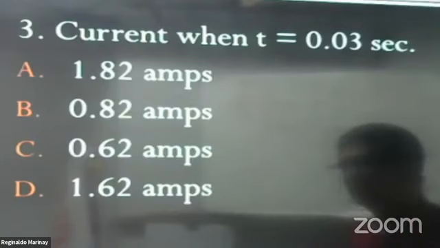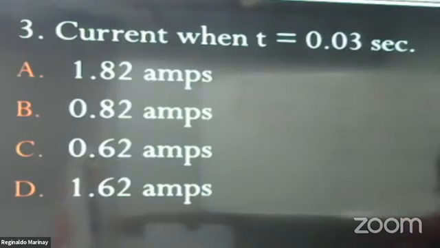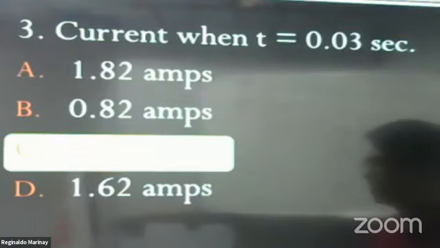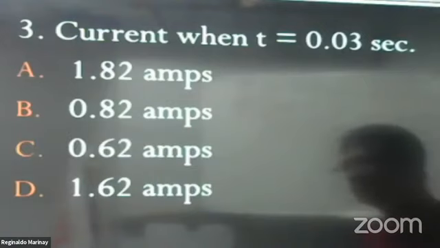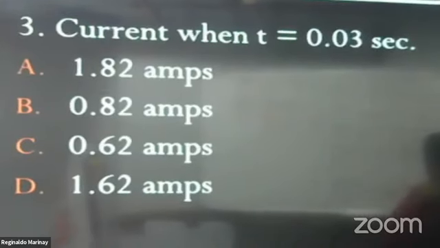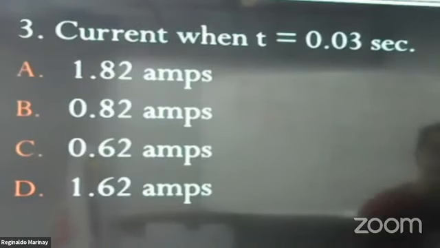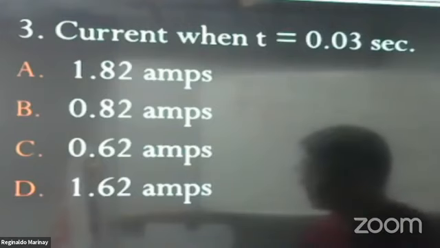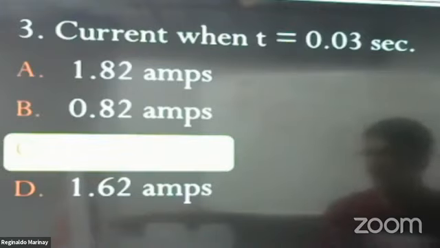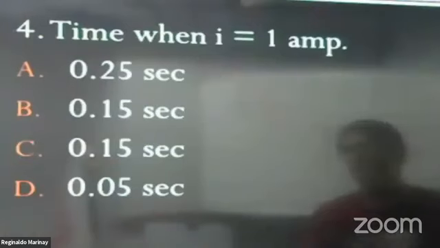So, okay. What is our answer? Which letter is our answer, partner? Okay, that's the problem, the effect of the lighting. The answer is 0.62. Anyway, I will write it down here. 0.62 amperes. So the answer will be letter C. Okay? Again, in our PowerPoint, 0.62. Okay, that's correct. Right?